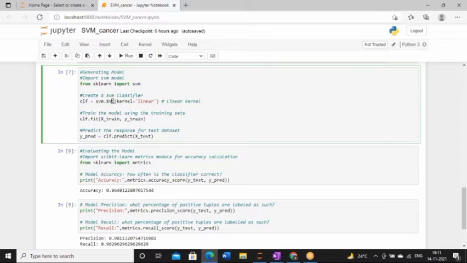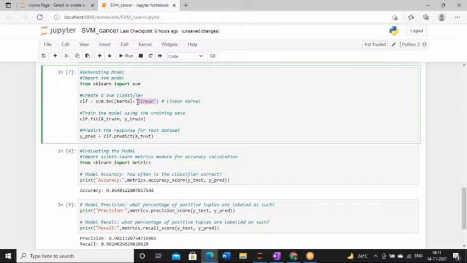SVC. See here what is written? SVC. This SVC is the function which is accepting one argument, that is kernel. And see here it is written that it is a linear kernel.